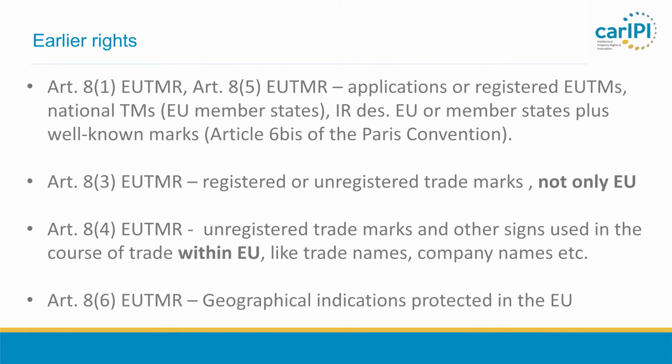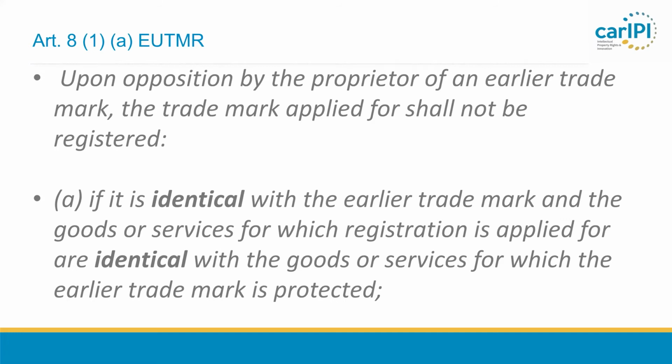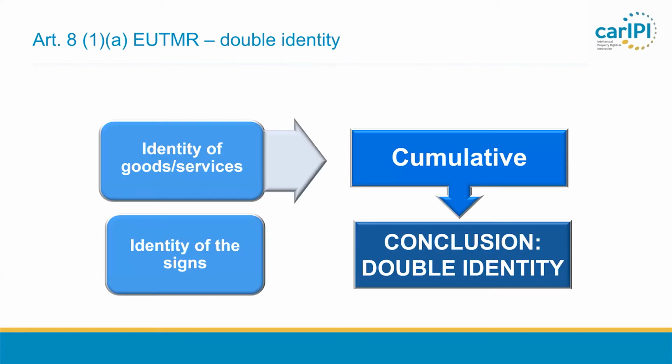And 8.6, geographical indications, as I already mentioned. So now starting with Article 8.1, double identity of goods. I will talk now about this ground, about the double identity, and all of my comments about finding identity either of signs or of goods also are relevant for the assessment of likelihood of